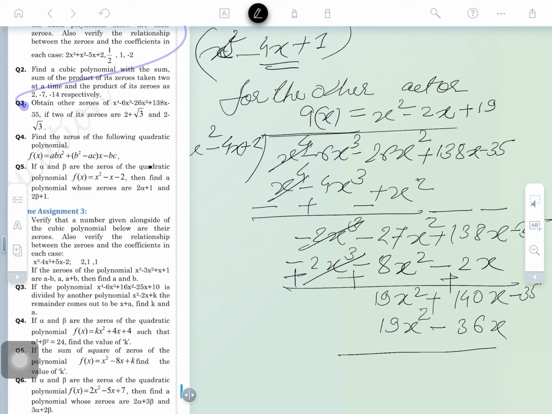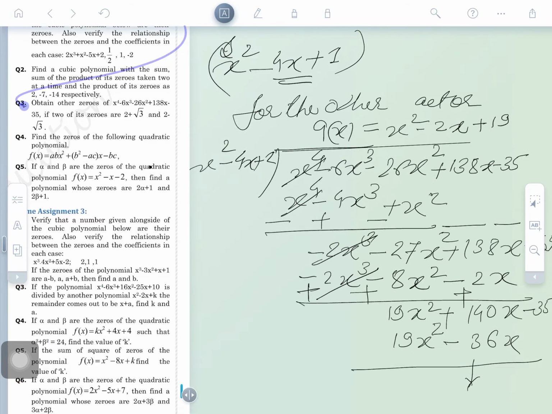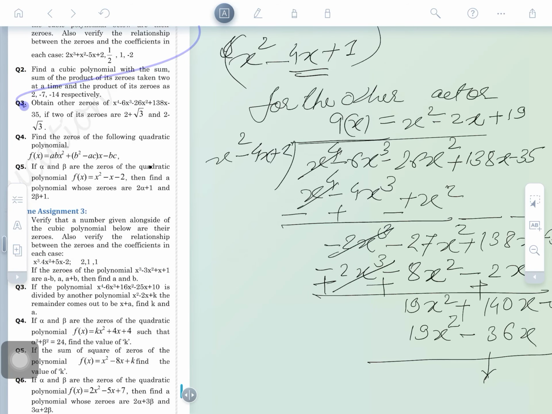So obviously we are just doing the process of division by a factor, and we are seeing that the 0 remainder is not coming here. Is that clear? Because they will not be cancelled. It means there would be some mistake that we have done here. So we need to check what the mistake is. Again the polynomial we make here is x square minus 4x plus 1.